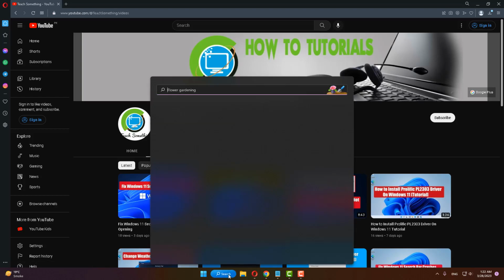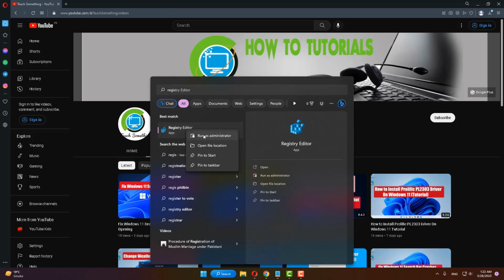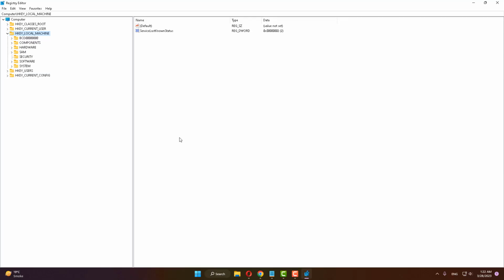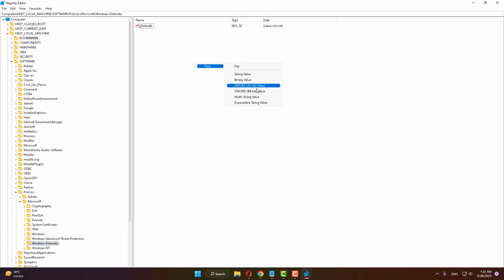The next method is that in the search box type Registry Editor and open Registry Editor, right click and run as administrator. After doing this, select HKEY_LOCAL_MACHINE and expand it. Then select Software and expand it. After that, select Policies and expand it. After that, select Microsoft and expand it. After doing this, select Windows Defender and right click on New, click on DWORD 32-bit Value and set